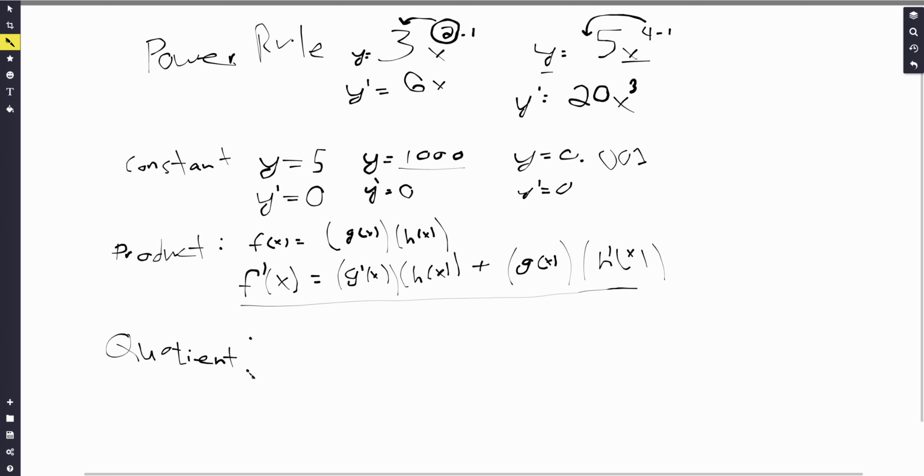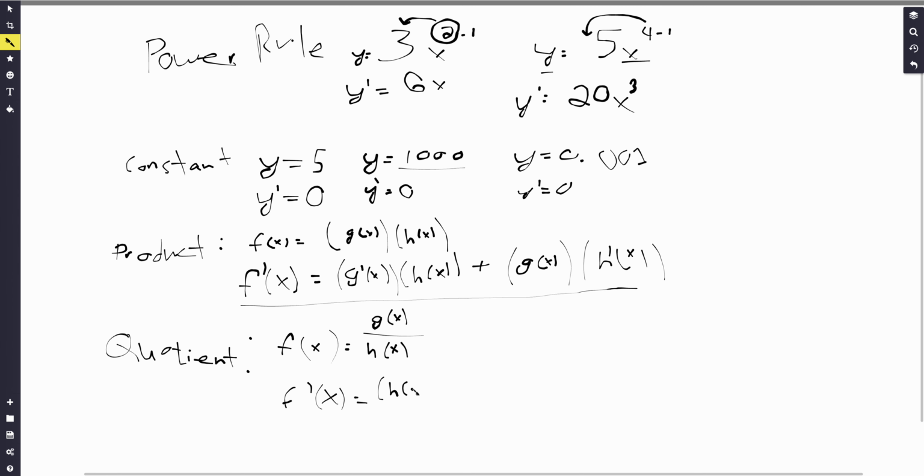Okay, so the quotient rule is used when a function looks like this. f of x is equal to g of x divided by h of x. It's when a function is being divided over something. And how you would write the derivative of this would be f prime of x equals